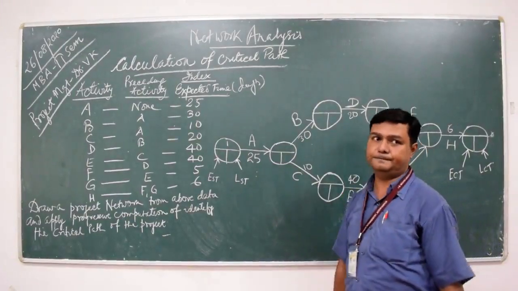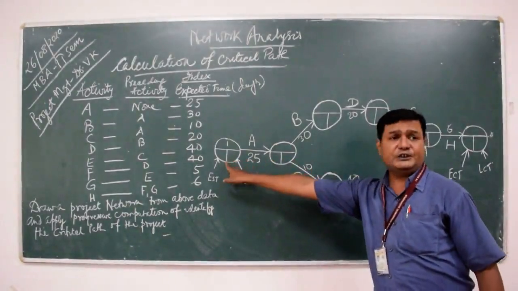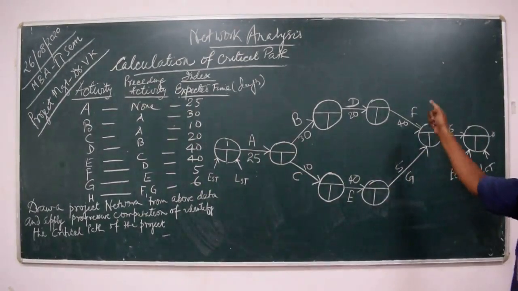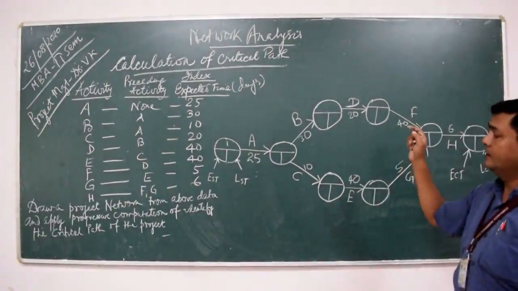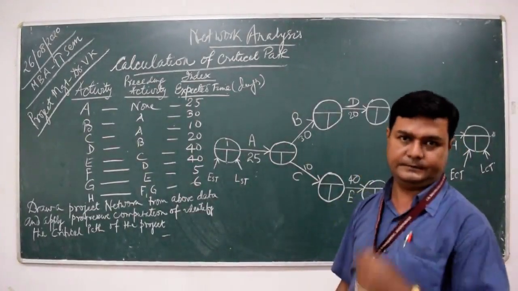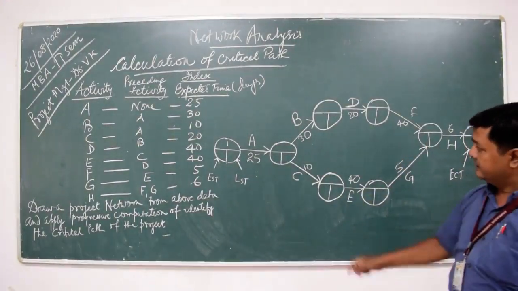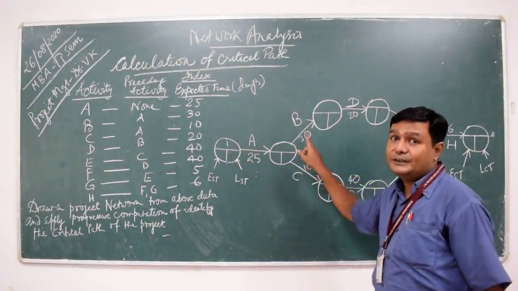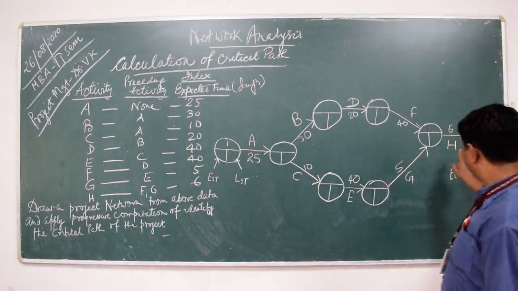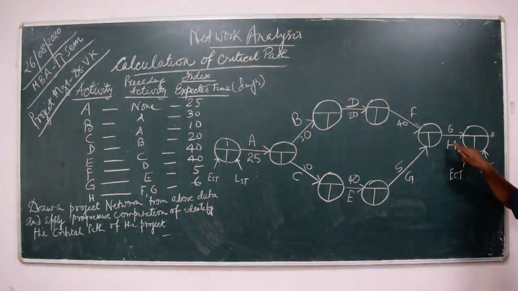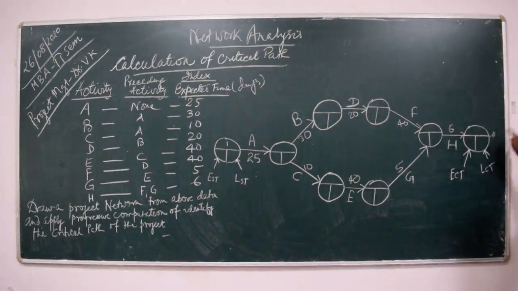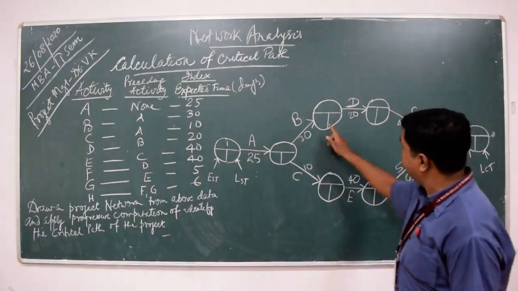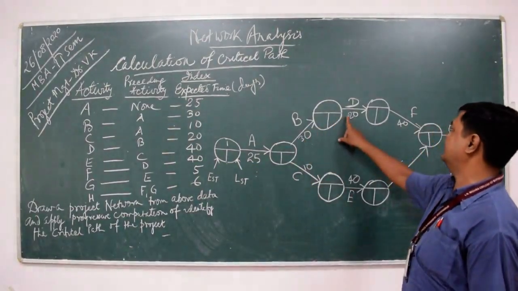So remember one tip. Besides the initial event and the final event, every event in the network, every event in the project is having dual status. The reason is the initial event is having only the outgoing activities, whereas the final event is having only the incoming activities. There is no outgoing activity. Besides these 2 events, every event is having incoming activity as well as outgoing activity.